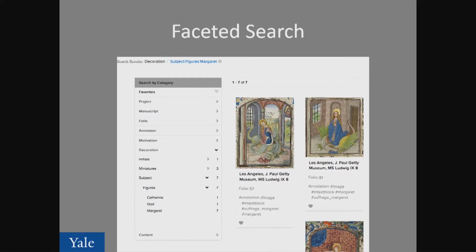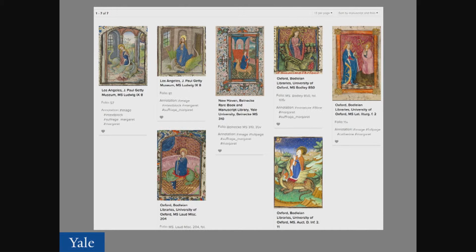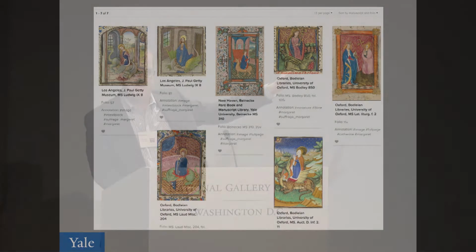And that lets us drive an interface like this, where we can come in and say, well, I'm looking for a particular subject. I expand that. I see, oh, we have figures as a subcategory. And then I see Margaret. I click on that, and my 7 results come up on the screen. So what you're looking at here are all of the annotation targets. And I think the most critical thing here is that what we're seeing is actually just the annotation area, right? We're using the image API to request just the pixels that were surrounded by the bounding box when they drew the annotation. We don't have to bring in the whole folio image and make the person guess at what area was of interest when the annotation was made. And we're also showing a little bit of other metadata here as well.